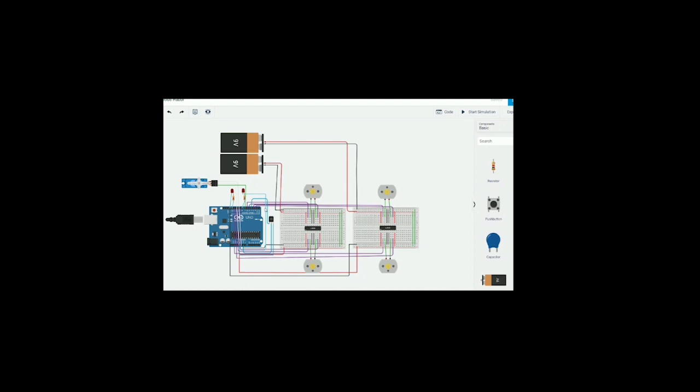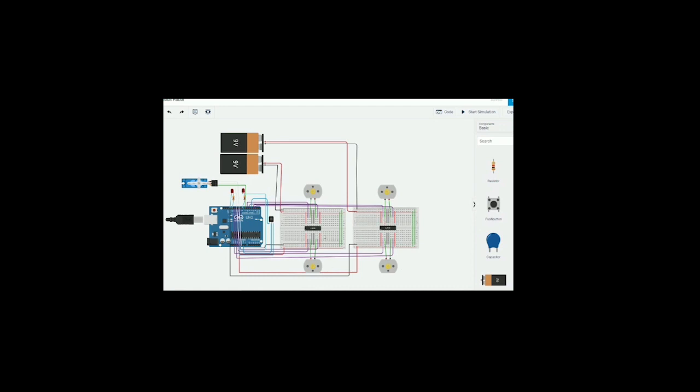The first subsystem is the disk storing unit, the second is the disk moving unit, and the third is the disk rotating unit. In the disk storing unit, we are fixing 2 LEDs along with the sensor. As we all know, a sensor is used for sensing something. In the disk storing unit, the sensor is used for sensing the presence of disks. When the disks are present, this LED, which is at the leftmost corner of the Arduino Uno, blinks and the disk is then moved to the disk moving unit where the micro 9G servo motor is present, and this servo motor pushes the disk at a certain angle, and now it reaches the disk rotating unit where these 4 DC motors are present.